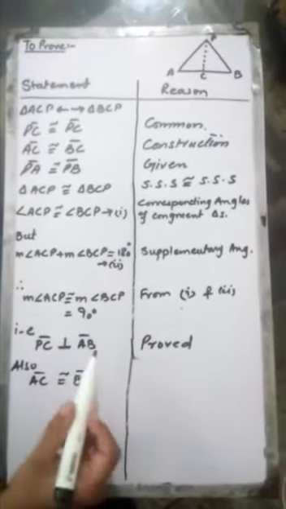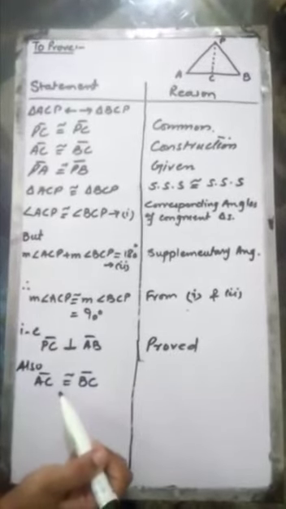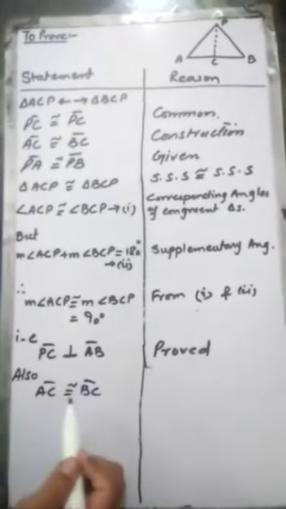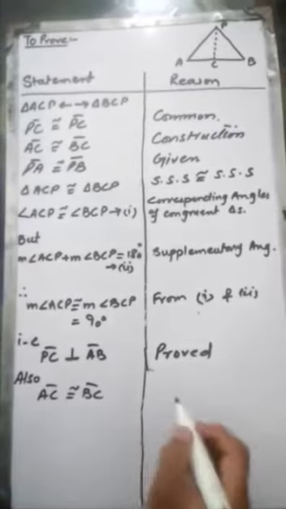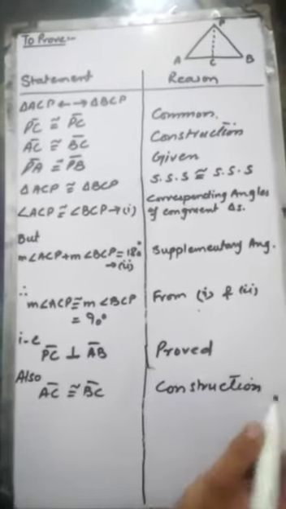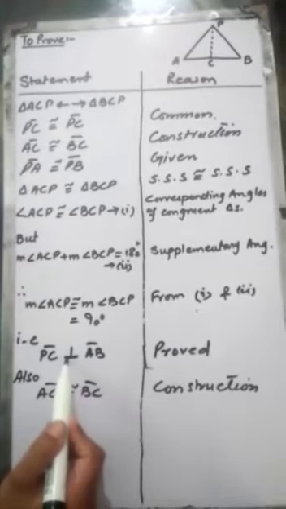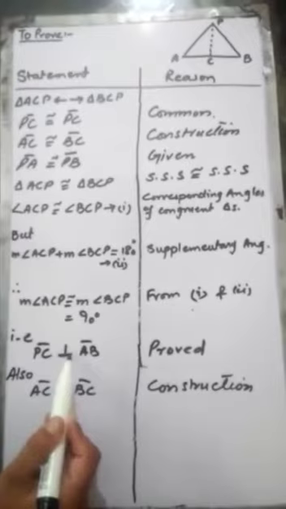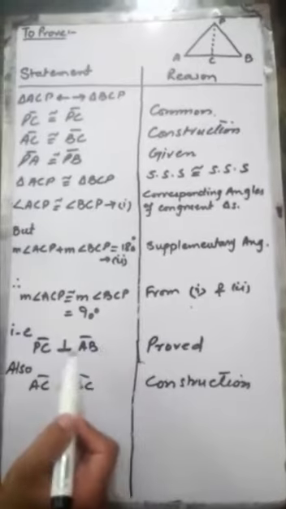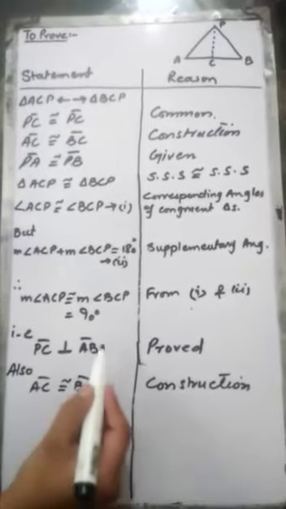Okay. Next, we also have this statement in the construction that AC is congruent to BC. I have told you we will combine these two facts: number one, perpendicular, and number two, midpoint. Yes. Okay, now also AC is congruent to BC, and what is the reason? It was in construction. I have already told you that we will prove that it is on the right bisector. For the right bisector, we have to prove it as a 90 degrees angle and as the midpoint. So now we have proved up to here the 90 degrees angle, means perpendicular, and in the construction we have that it is on the midpoint. So now we will combine these two.